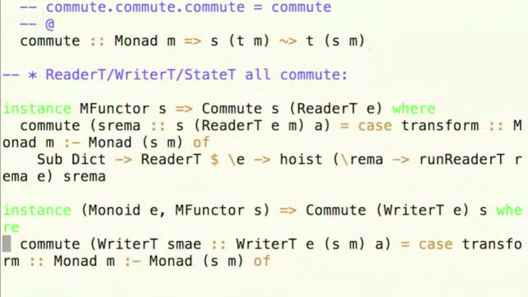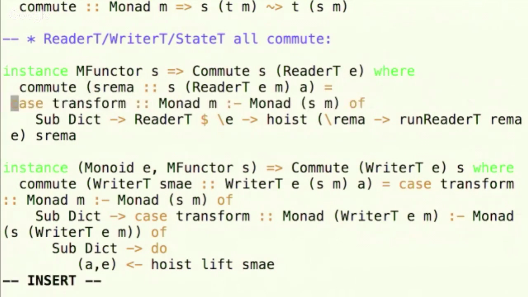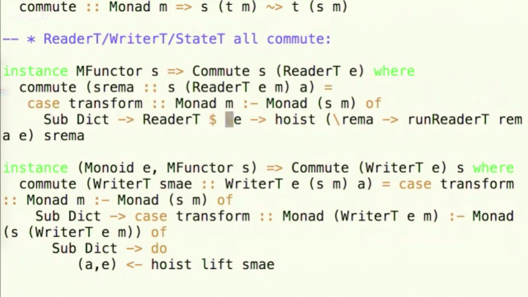I'm going to make the font a little bit smaller because I wasn't careful with the code here. There are displays everywhere, so size is not a big problem. All right, let me look at this a little bit closer. This is a mess, isn't it? So I have S of ReaderT. I'll do one of these in detail so we can see it. In order for me to work with the output here, I need to know that ReaderT E of S of M